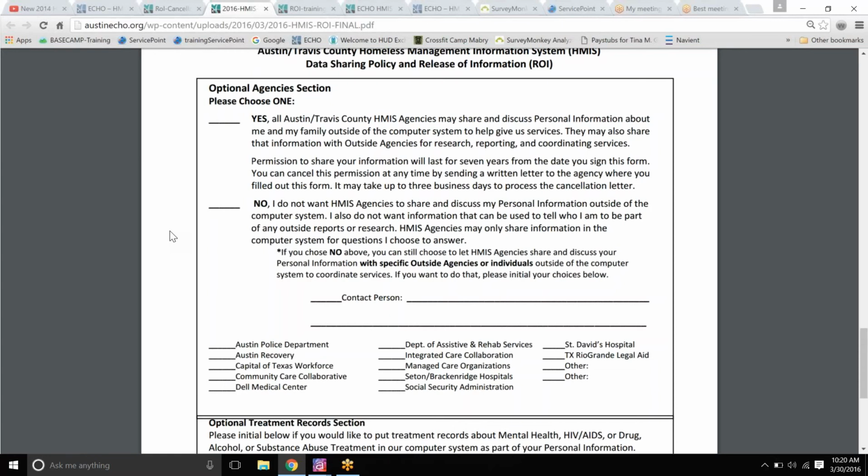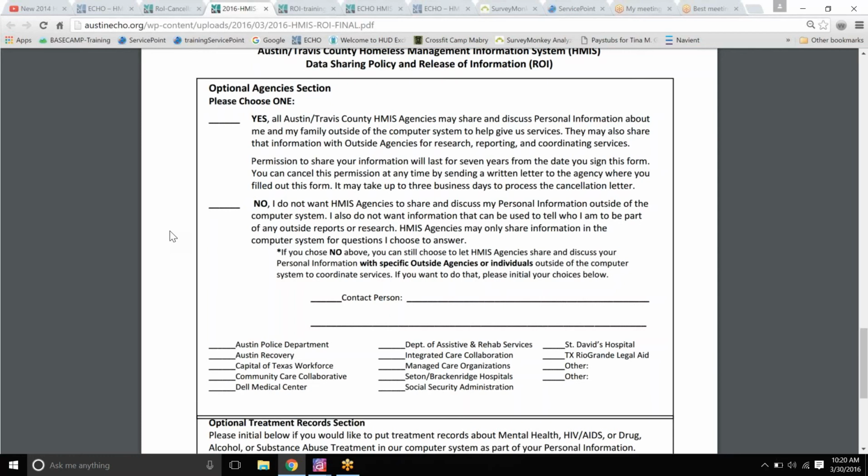So again, this no is saying that I understand my information is in Service Point, and in Service Point it's shared to all of those agencies on that list and all of the end users who work at those agencies. But no, I don't want to share to agencies outside of those on the list. I also don't want my information shared for outside research or reporting.